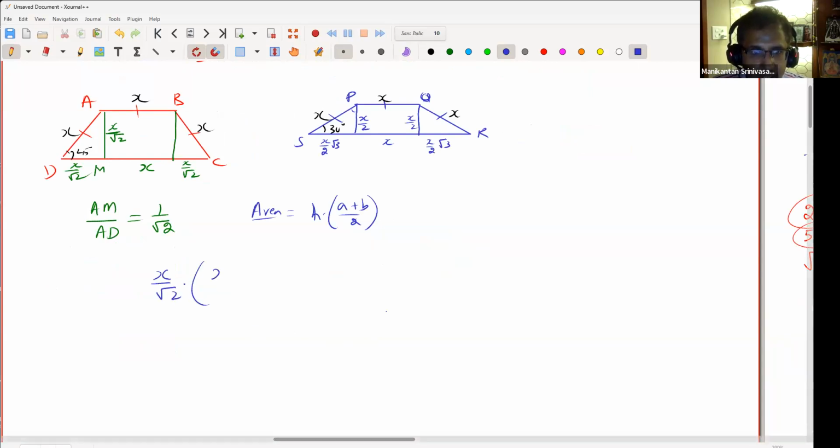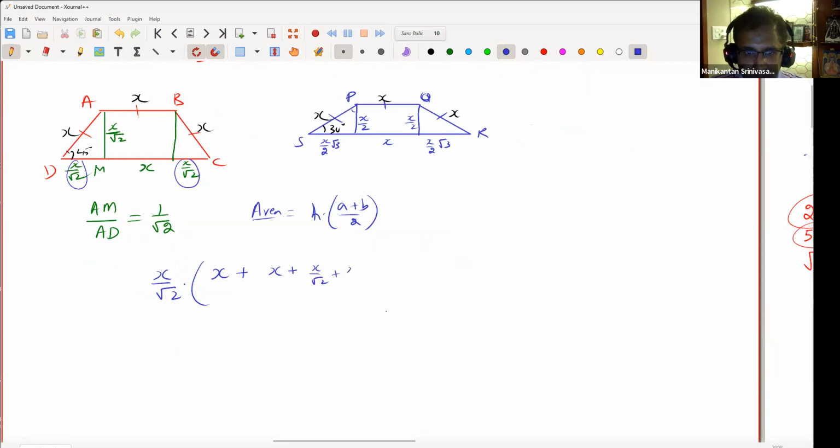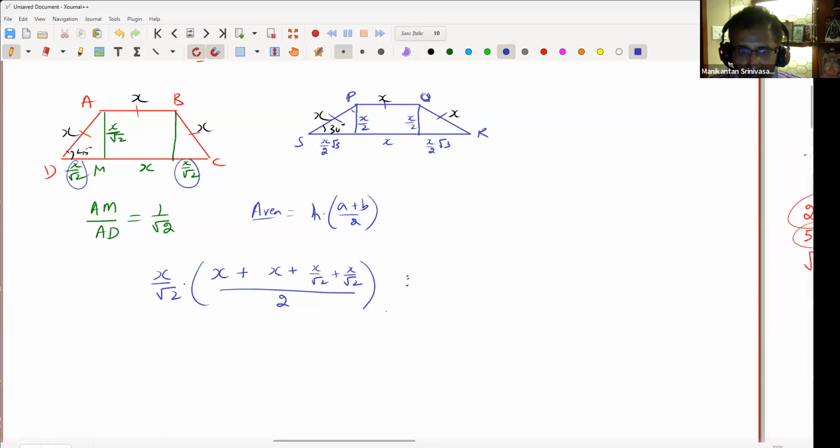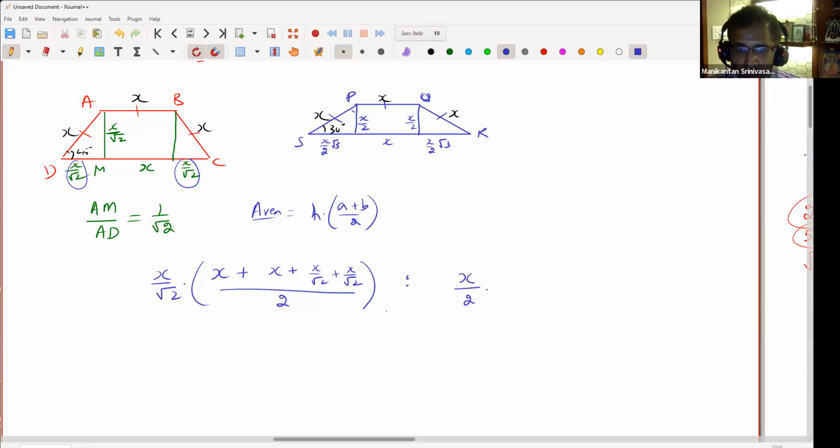And the two side lengths are X at the top and X plus X by √2 plus X by √2, right? So X by √2 plus X by √2 whole divided by 2. So that's one area. And the other area is the same thing. The height is X by 2 and the average of the two bases. The top base is just X and the bottom is X plus